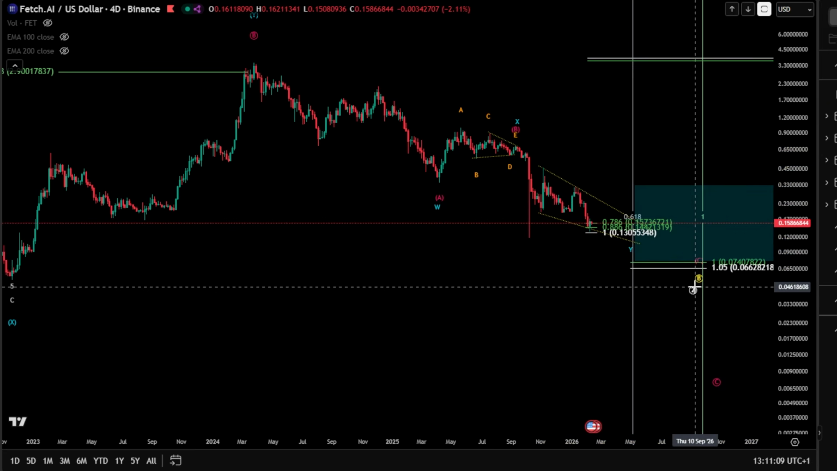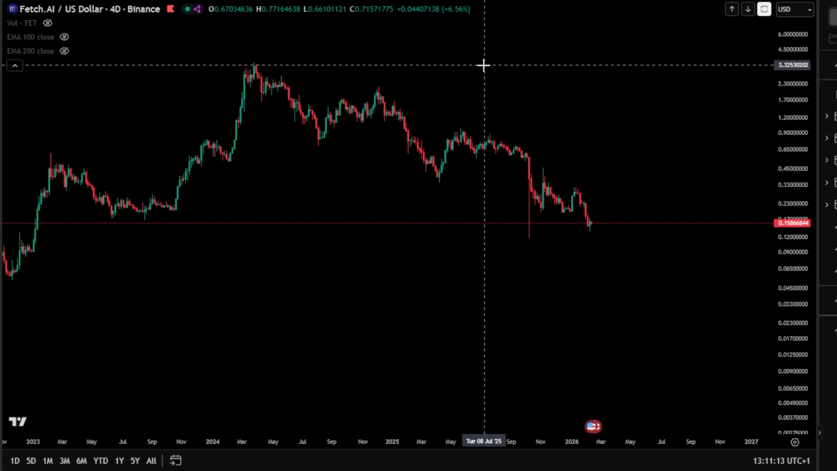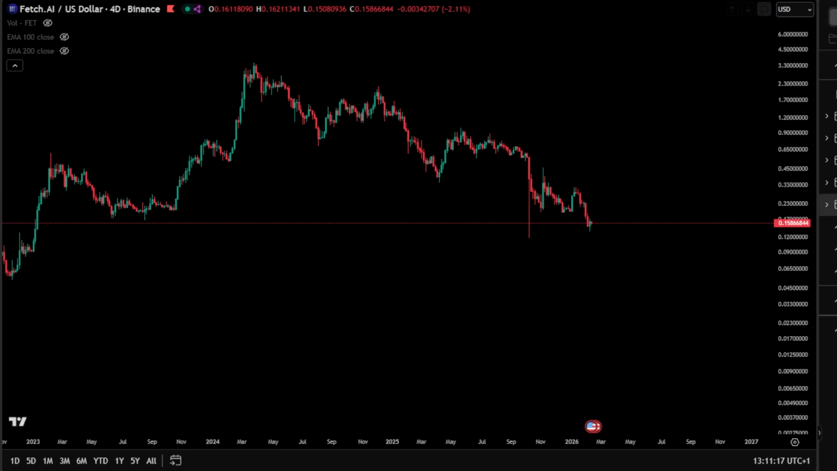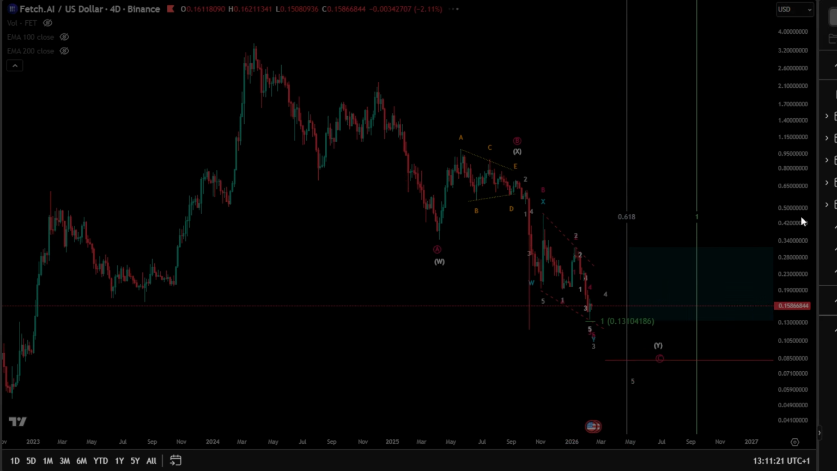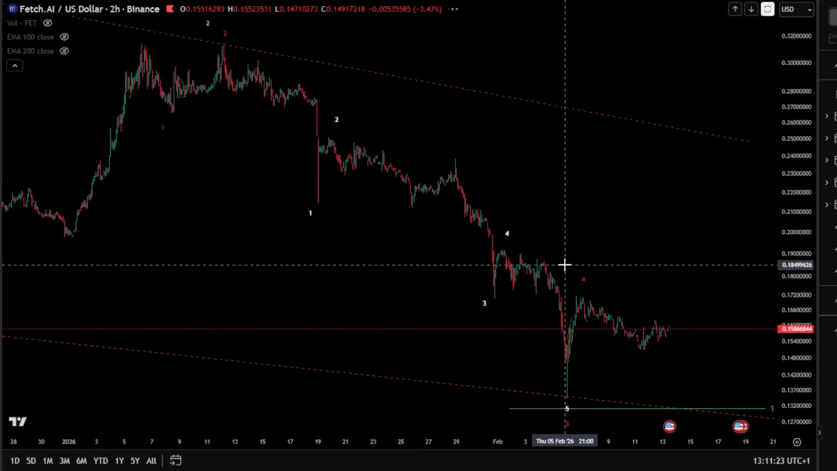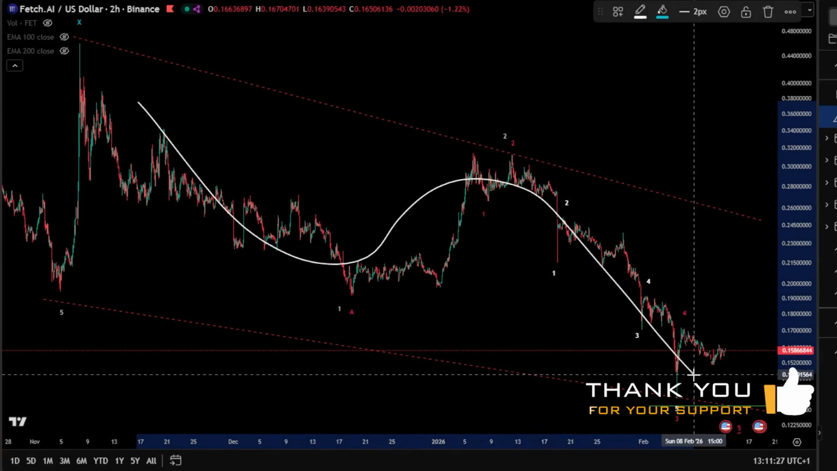1-to-1 FIB level, 7 cents for FET. That's horrible. From $3.32 to 7 cents. What a craziness. So for the 2 hour chart, we are looking also at this ABC potentially,